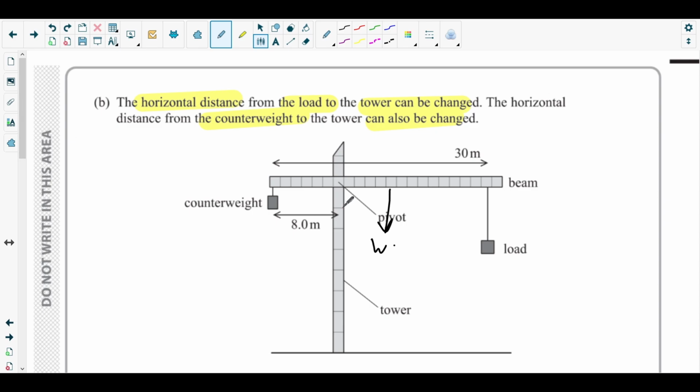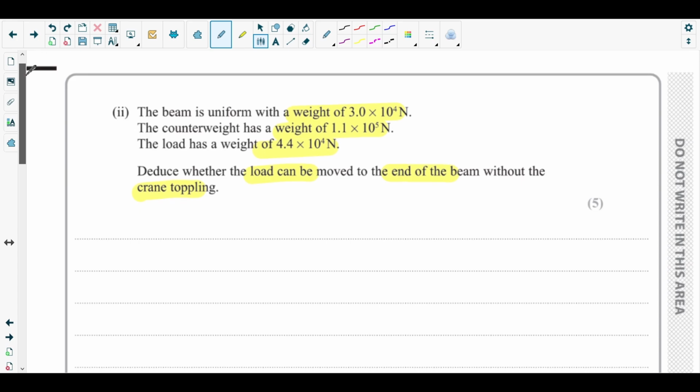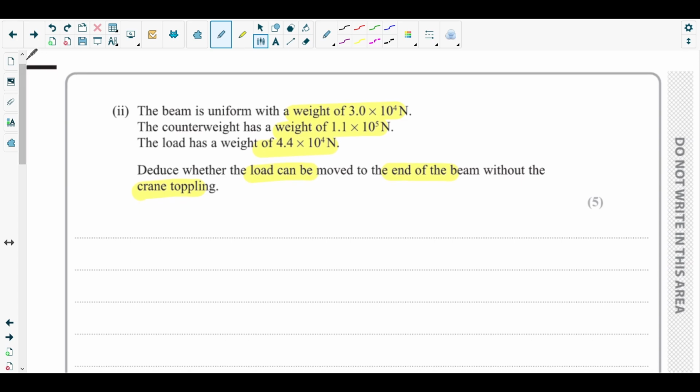The counterweight is at a distance of 8 meter from the pivot, and the load is 22 meter from the pivot. So in that case, at first consider, when the load is at the